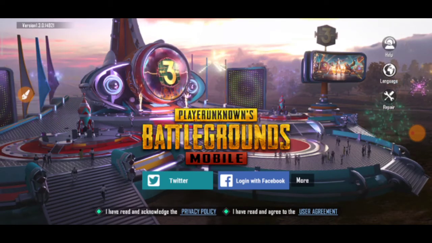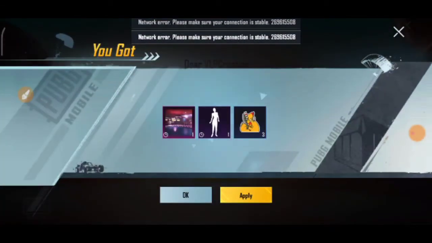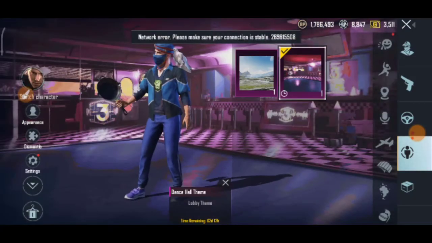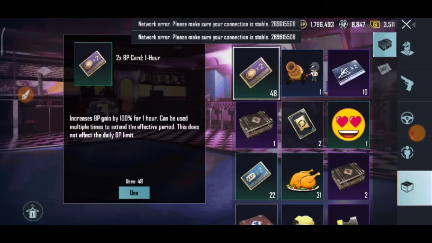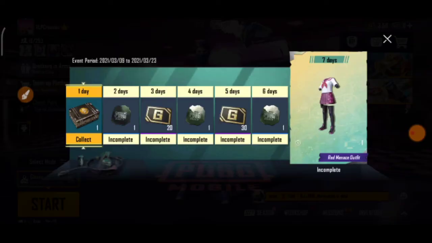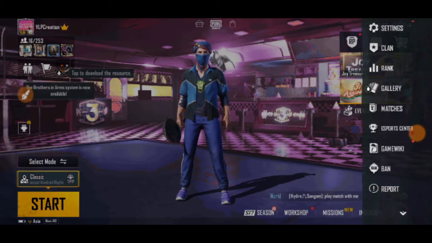If you have Facebook, click on Facebook. If not, and you have mail, you can click on mail, and after that it will take some time to load. And after loading, the game is open successfully, and the game is open without VPN. And keep in mind, if you want to download any resource file or any map or anything about skins or something else from the game, you have to connect to the VPN. And after downloading everything, you can disconnect your VPN and you can play your game smoothly and successfully.